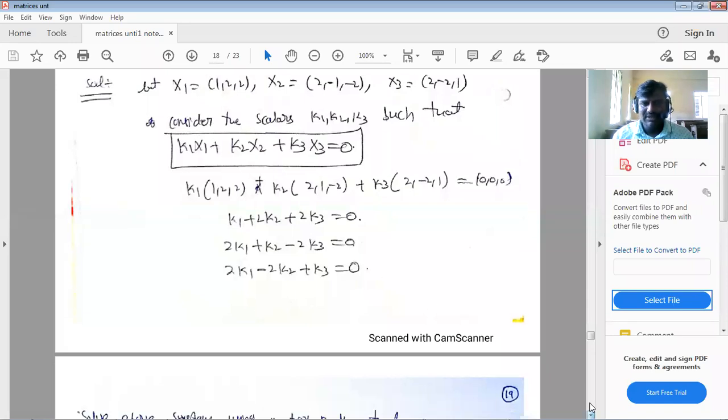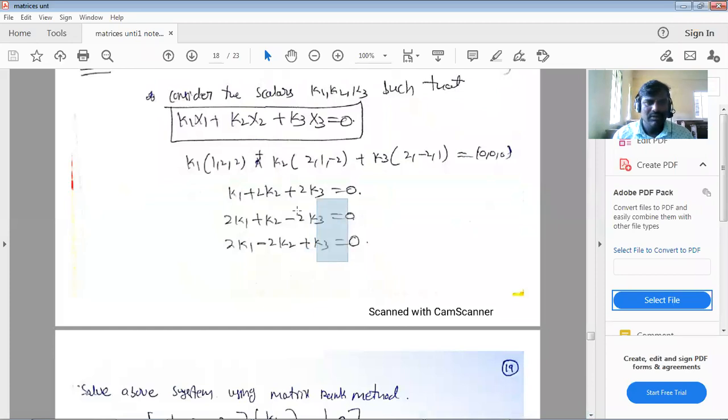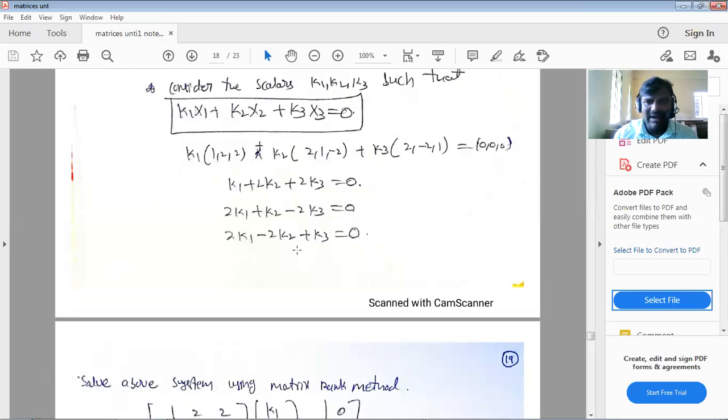Therefore, you are solving this homogeneous system. For a homogeneous system, 0, 0, 0 is always a solution, so it is always consistent. Is that not so? This is a homogeneous system. Why? Because all the right hand terms are zeros. Therefore, this is a homogeneous system and always consistent. Therefore, if your rank is 3 and the rank of the augmented matrix is 3, and the number of unknowns is 3, then we have only one solution. That solution is 0, 0, 0. That is the way. This point I will use in the coming problems. Okay. Now, if the ranks are not equal.